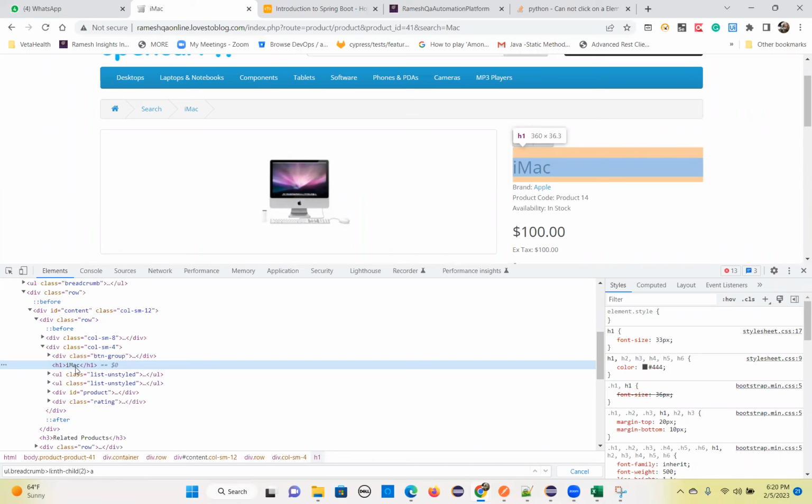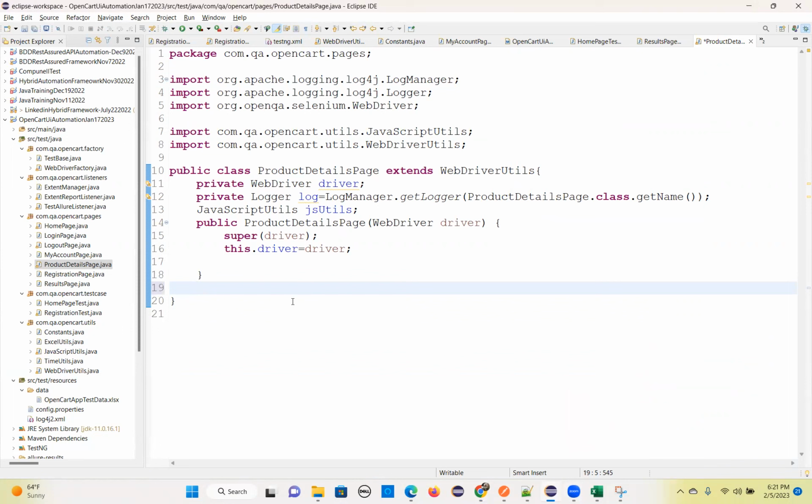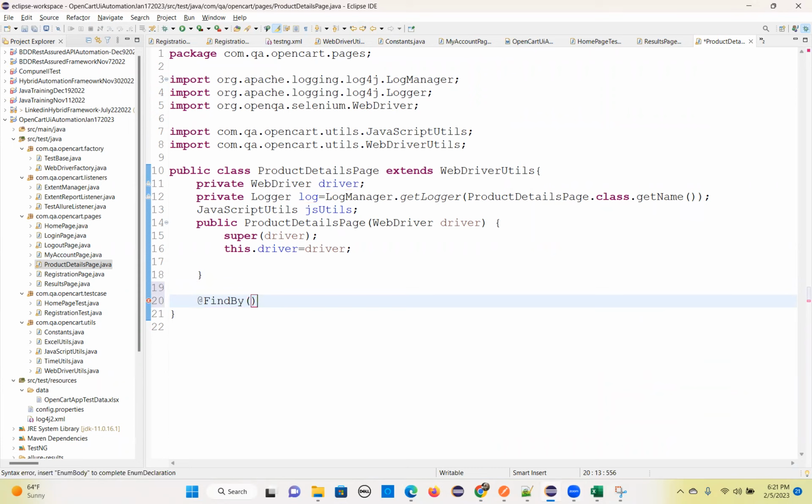Product header first. I'm writing @FindBy. Basically, every page's elements I am identifying, and respective methods we are writing in the page class. So CSS equal to,